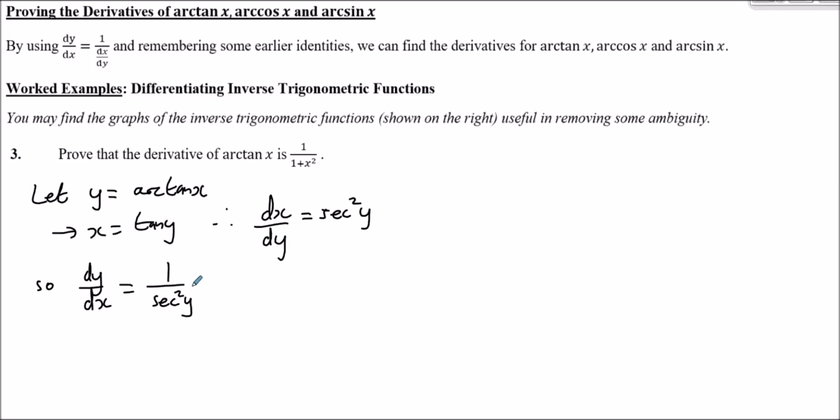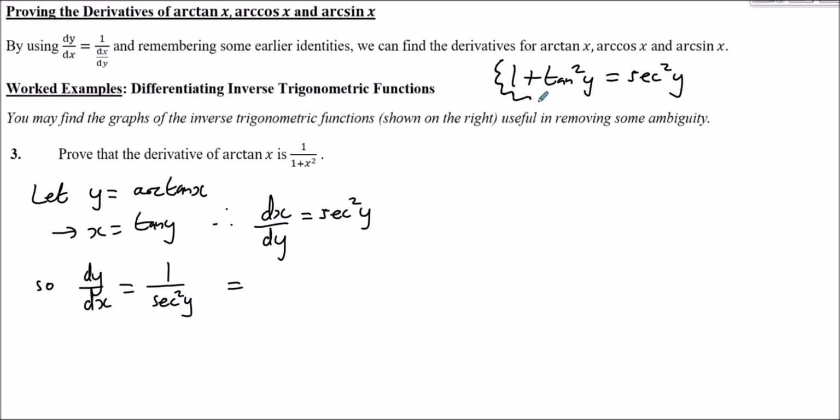Now this isn't immediately obvious what to do here, but what we do need to do, I can tell you, is remember an identity for sec squared and tan squared. So how does tan squared relate to sec squared? What we need to know is that 1 plus tan squared is the identity for sec squared. So just remembering this identity from earlier in the chapter,